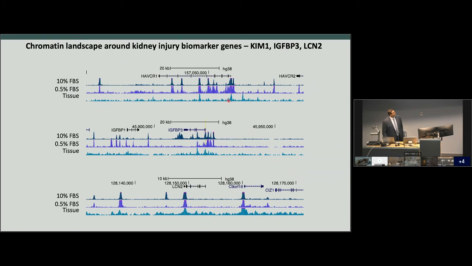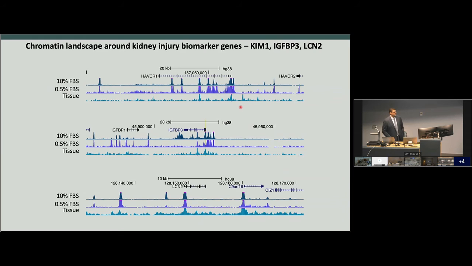Interestingly, it's not only unidirectional. We can see that there are some enhancers which are only open and accessible in native tissue, but are lost in the injured state as well. So we have these regions. If we had some way to measure these regions, we could have a sensitive marker of kidney injury, in this case tubular injury. Okay? And so again, remember that since cell-free DNA is going to be preferentially released from this,